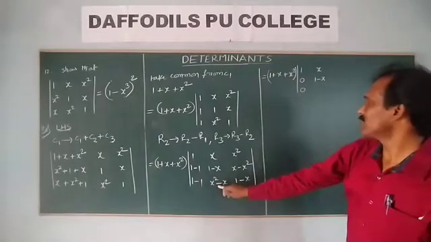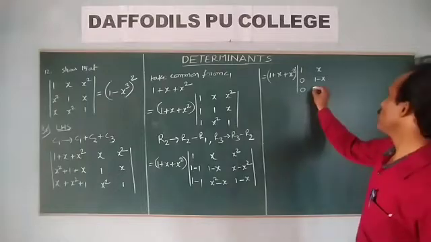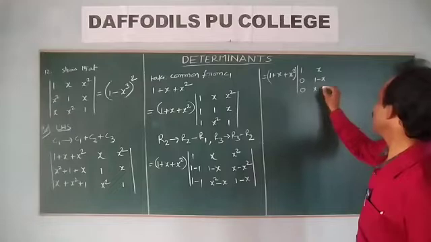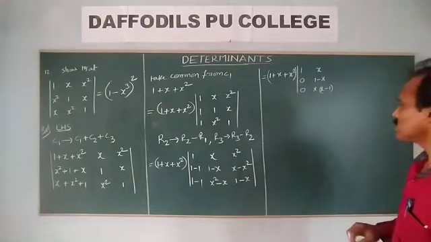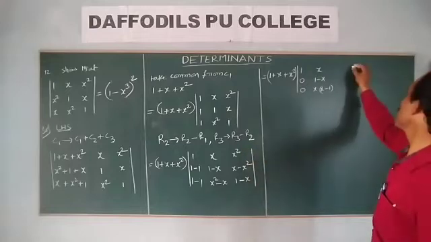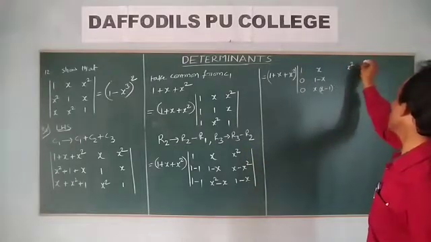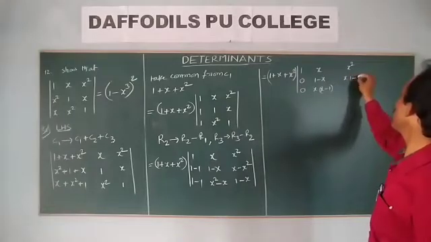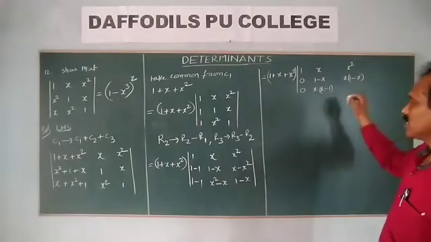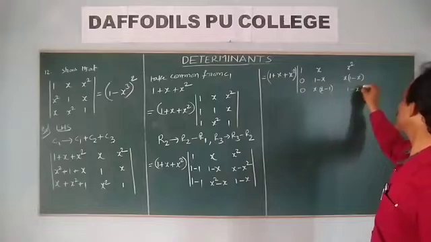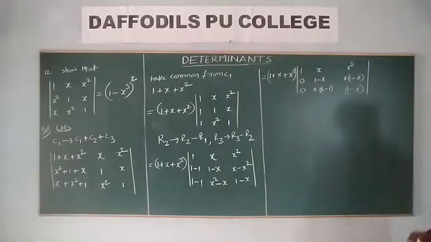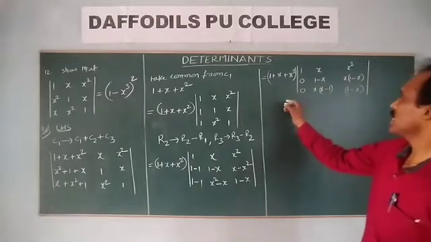So in this term we take out common x. Remaining term 1 minus x minus 1. In this term x minus 1. Third column elements are x square. Here also x common, 1 minus x. Here already the 1 minus x term is there, right? Okay, we want 1 minus x only. So take common.